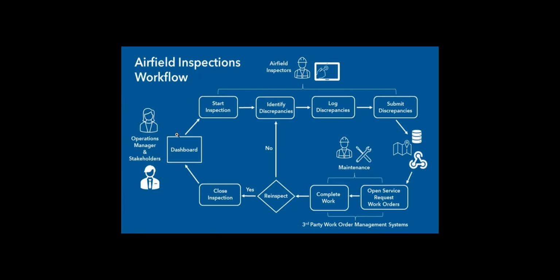Stakeholders and operations managers have access to a dashboard that allows them to see the status of inspections, while airfield inspectors take a mobile device out into the field to conduct inspections and identify discrepancies that are submitted and stored in databases and mapped. And using webhooks, our technology connects to third-party work order management systems that allow maintenance personnel to open work orders and complete work so that this process can be re-inspected and all the issues identified during these discrepancies can be resolved and closed. All of this in one